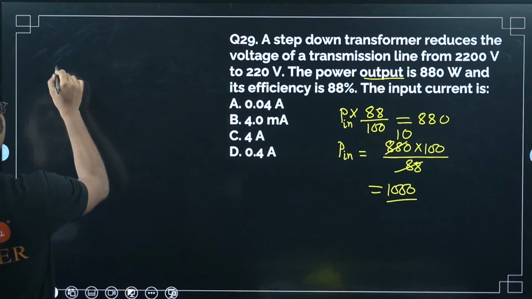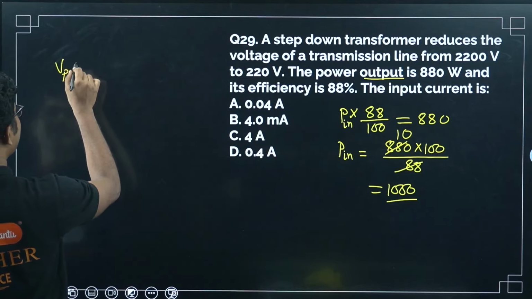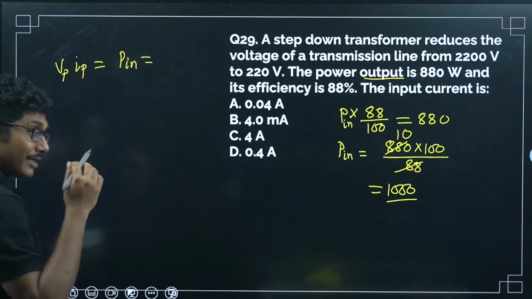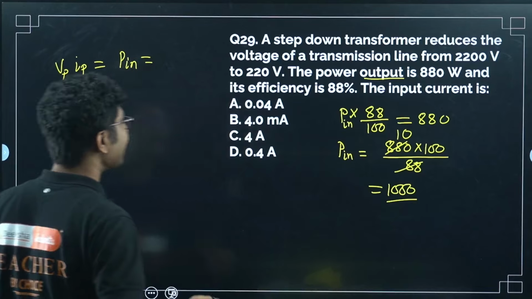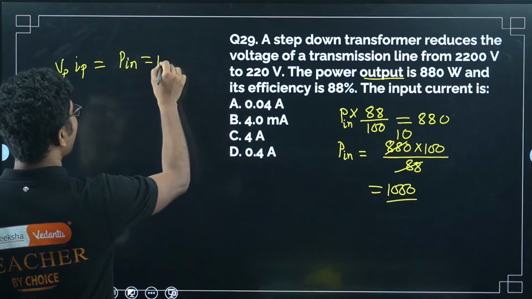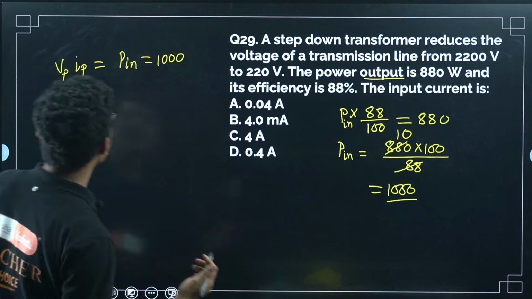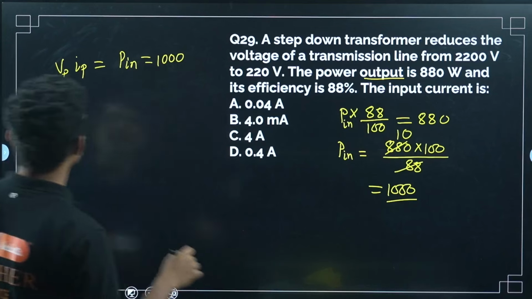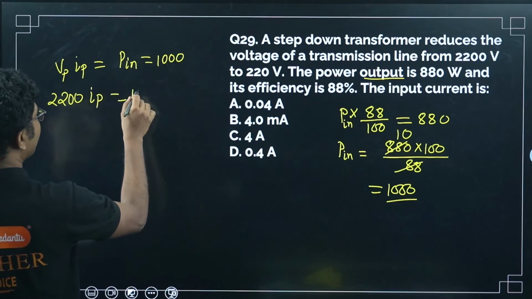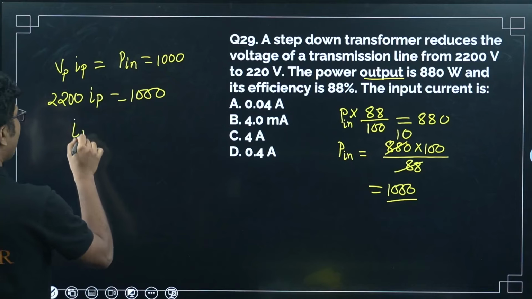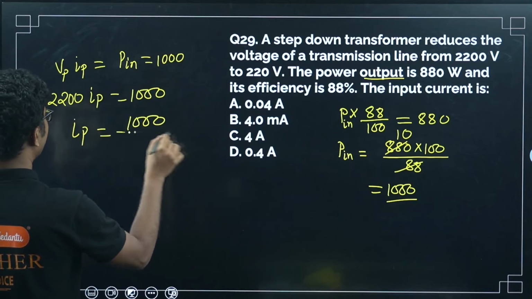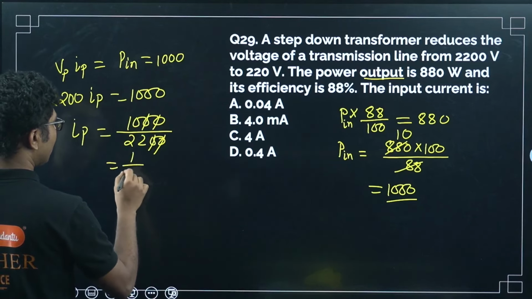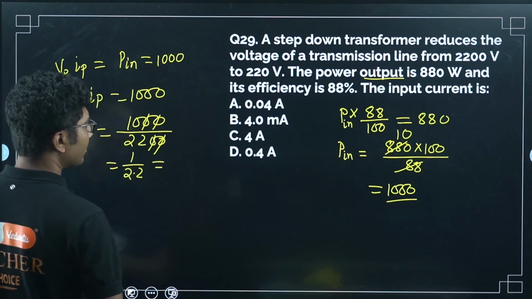Now we know that input voltage, primary voltage, times input current should be power input. This is the formula that we use for an ideal transformer. This is not an ideal transformer. So power input is 1000, and the voltage input is 2200, right? So Ip is equal to 1000 divided by 2200. So it will be 1 by 2.2, so almost equal to